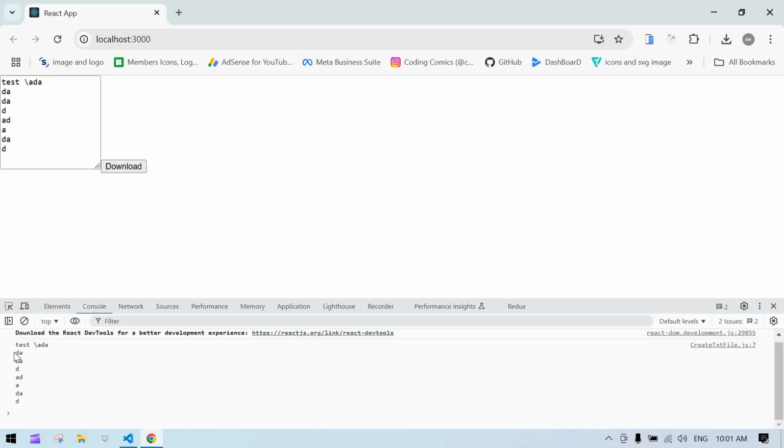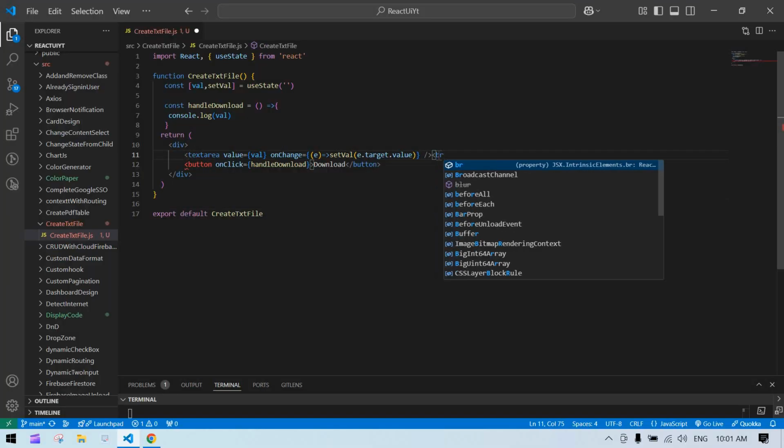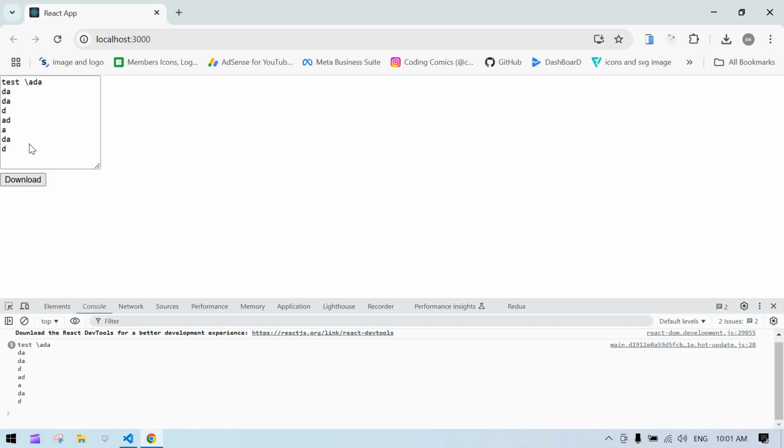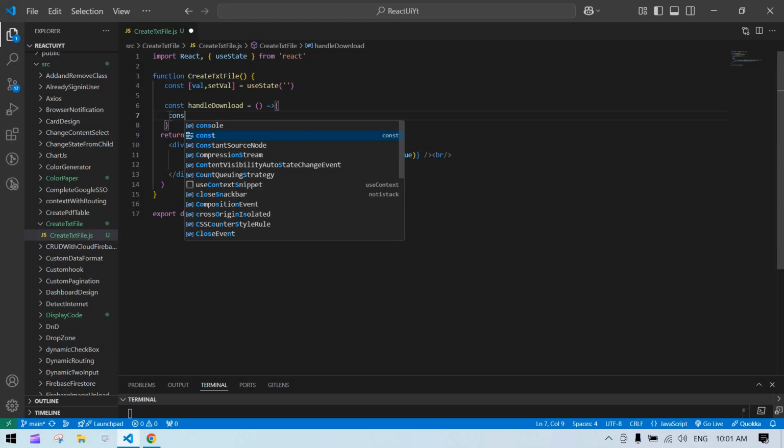If I click download, see, we get a value whichever we type inside this text area, and we need to add a functionality for this download button. We need to get this value and download that as a text file. Before that, I add a BR tag here to break that. Now this is fine, and inside this first I'm going to create a blob,